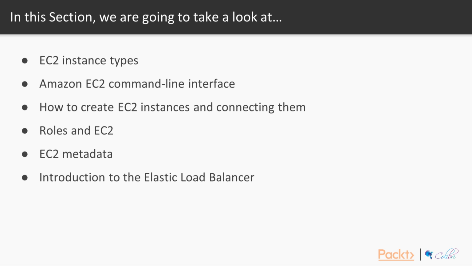So in this section, we're going to take a look at the different EC2 instance types available, as well as the Amazon EC2 command line interface. We're going to take a look at how to create EC2 instances and then connect to them. We're going to take a look at a feature called roles with EC2, which is a security feature that makes it very easy to authorize your EC2 instances to connect to other AWS resources without the need for storing usernames